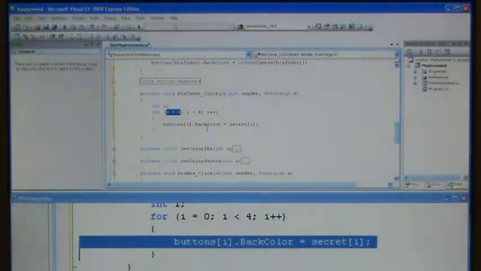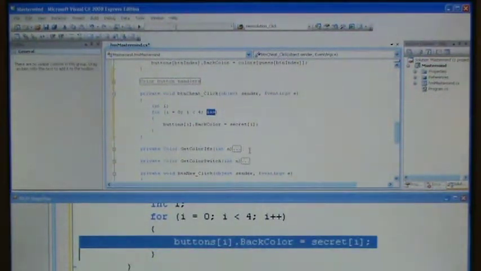But now i is 1, correct? Now it compares i to 4. Is i less than 4? Yes. So execute the contents of the loop again. Now i is 1. So now it'll set element 1 of buttons, set its background color to element 1 of secret, right? Once it's done that, and it reaches the end of the curly brace,